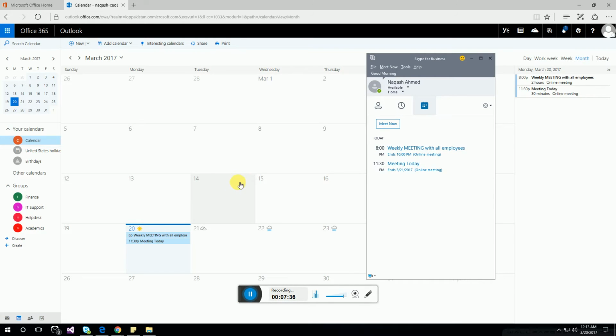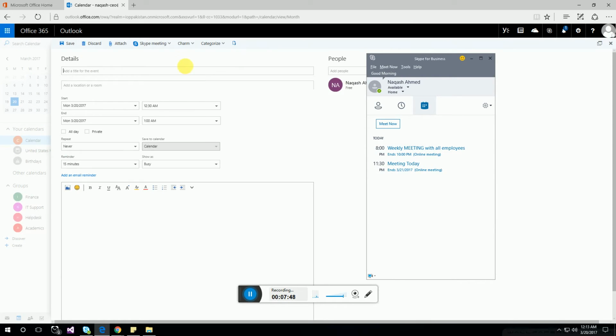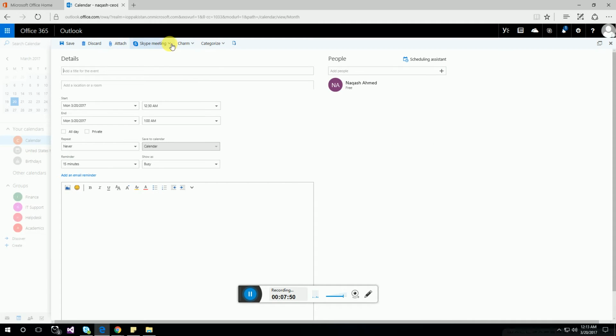Here is my calendar. I have two meetings on 20th of March. They are listed here. They are listed in Skype for Business as well. I can create a new one like this, by clicking new, then clicking add Skype meeting, and then I can name my meeting